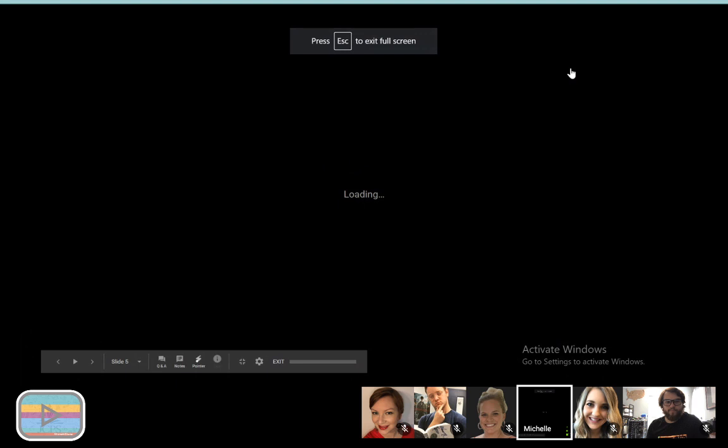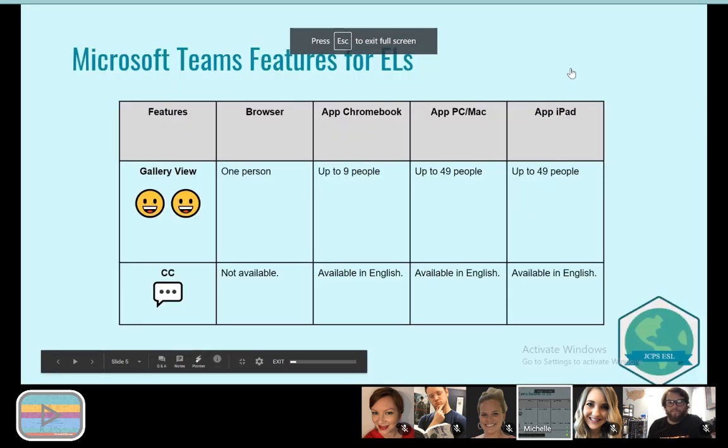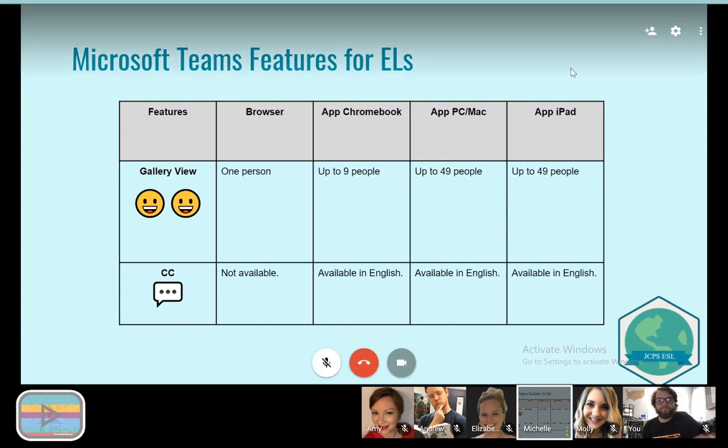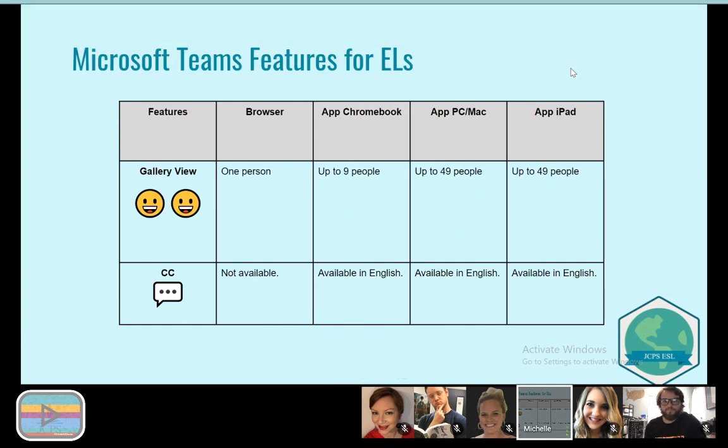So now digging into just Microsoft Teams, we wanted to see what accessibility features are there for English learners. The first one for sure would be gallery view. If you speak another language, watching a person's face is super helpful. And so with English learners, they might be shy. They might not want to show their faces. And we would definitely encourage teachers to think about whether students need to show their faces or not,